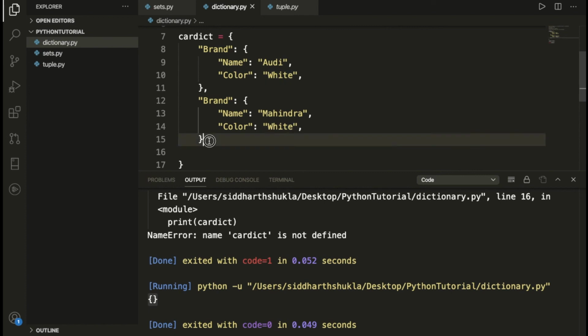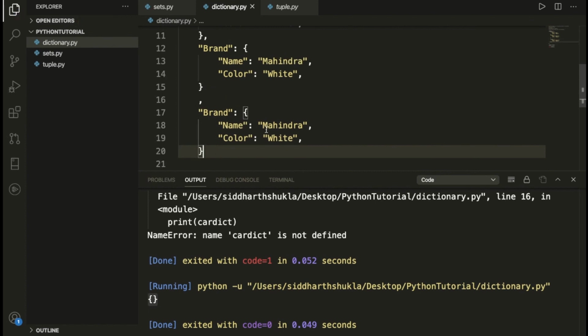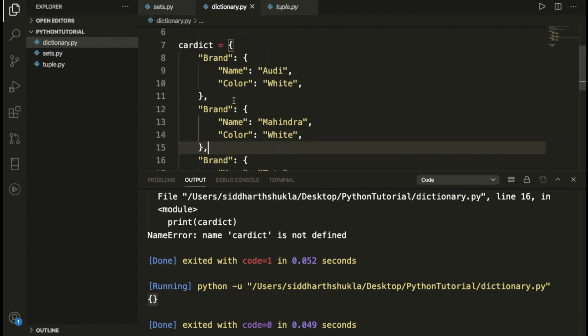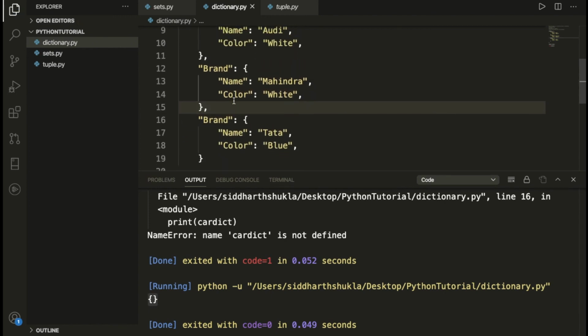Again, if you want a different brand, suppose Tata, I'm going to type here Tata brand, and this is blue color. So we have put 3 names. Let me correct this one. Basically we have added brands, so you need to put brand 1, brand 2, brand 3, so we can recognize which brand we have right now.